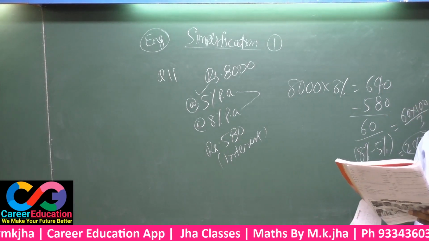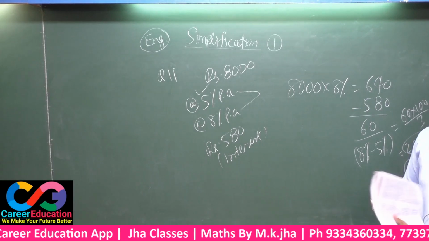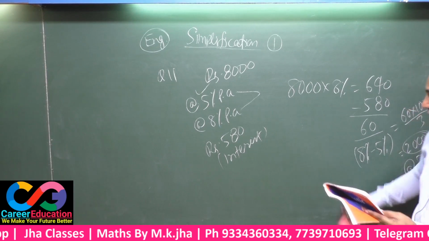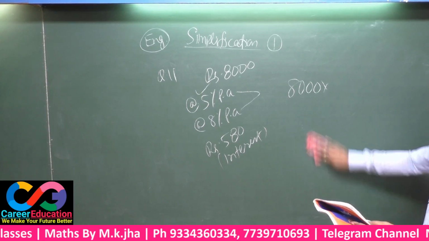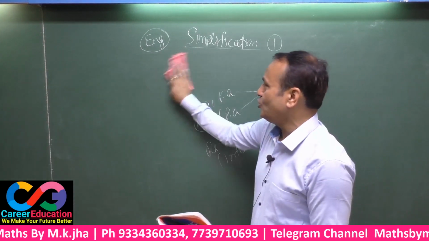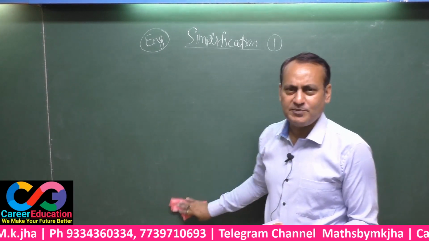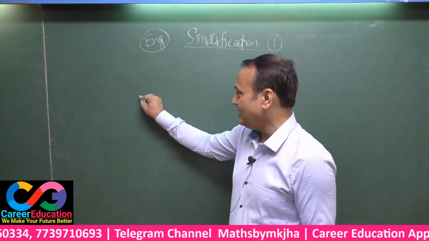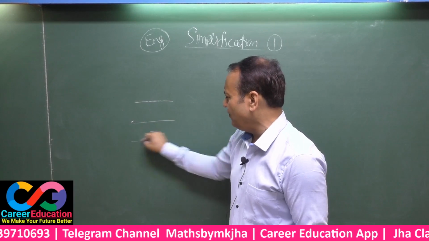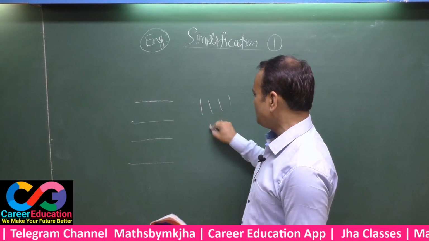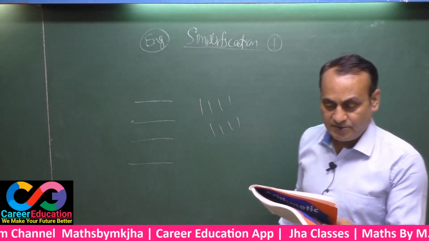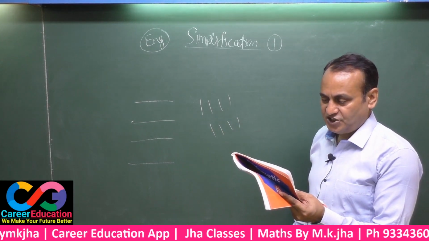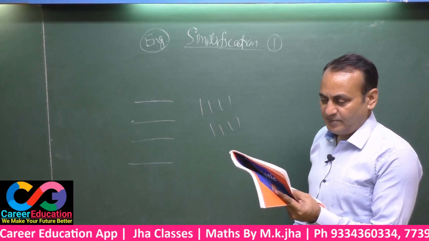Next question is of another type. In a class there are some benches and some students. Certainly if there is a classroom, some benches will be there and some students will be there. It is a fact of a classroom, you can say a definition of a classroom as well. The question says, if 4 students sit on a bench,